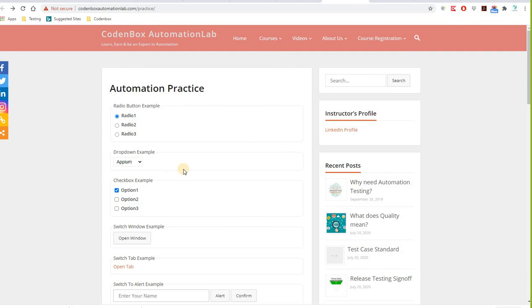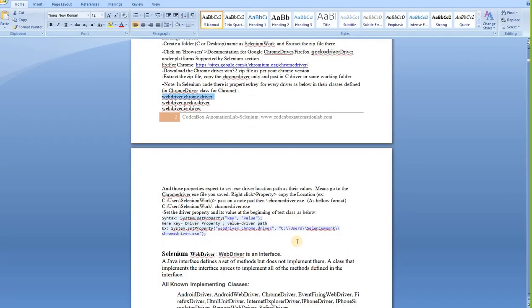Now the question is how you can find the web object. To find the web object, there are different ways that you can find it uniquely. Any web element or web object, you can find in a different way. What is this way? Here, you can see,